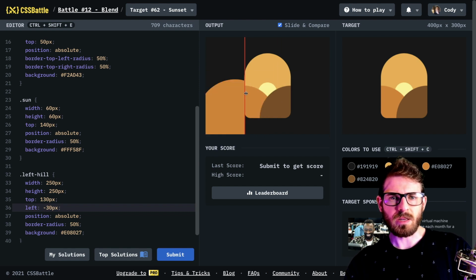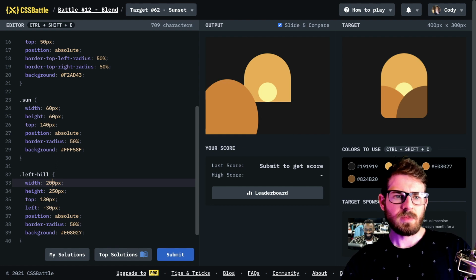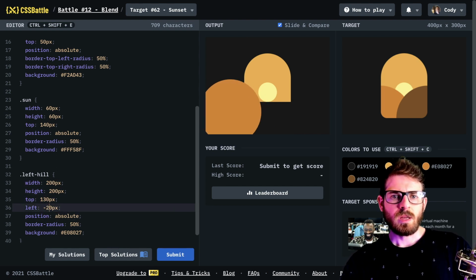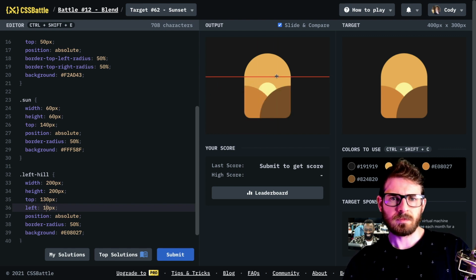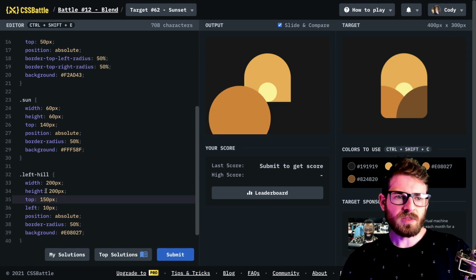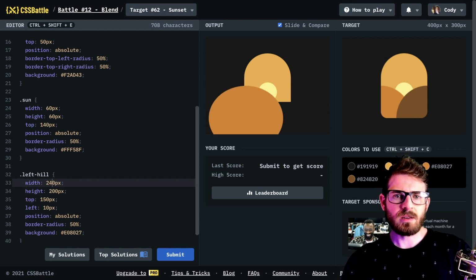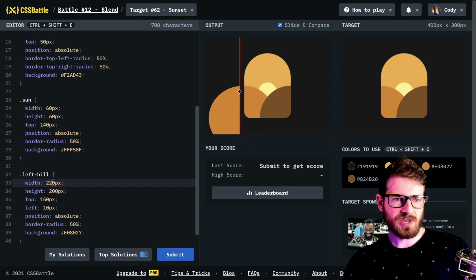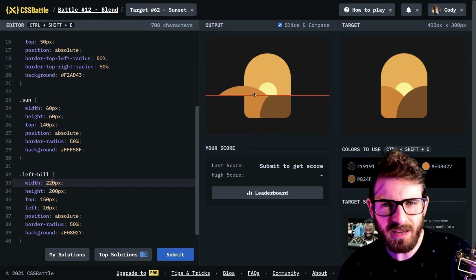No, that doesn't look that good. I think maybe I made it too big. Maybe 200 by 200 was a better thing to do. And then we could just go ahead and keep moving it in some. I mean, we could try to just make the width a little bit bigger and not change the height and see if that makes it look a little better. And that actually made it, I think, pretty good. So I changed the width to 220